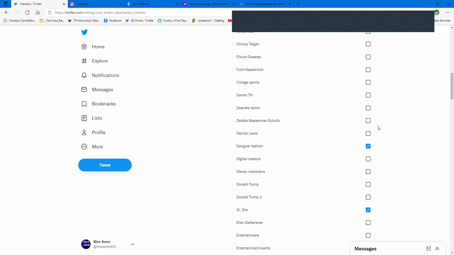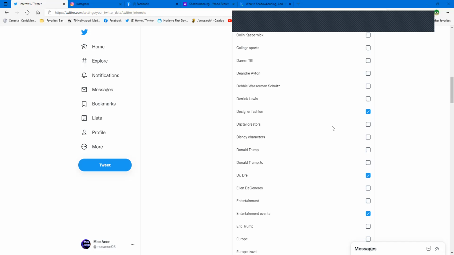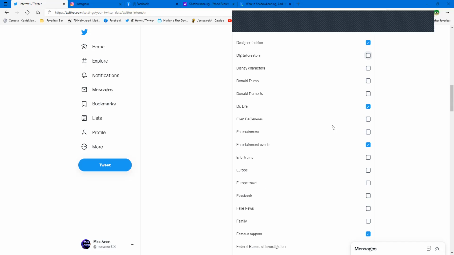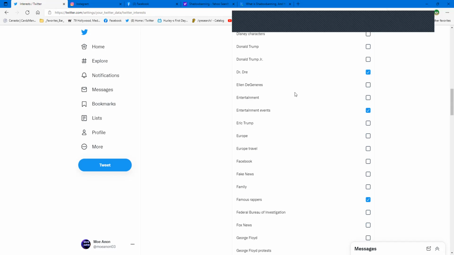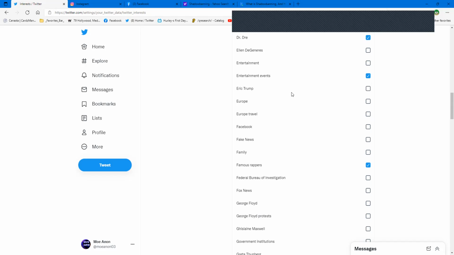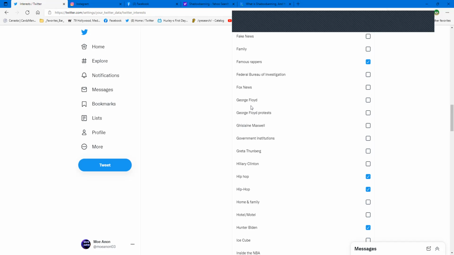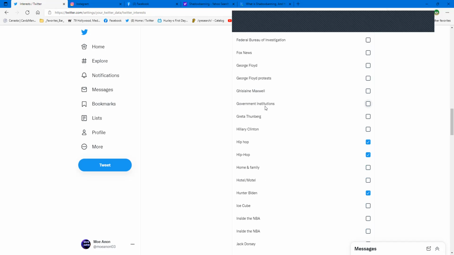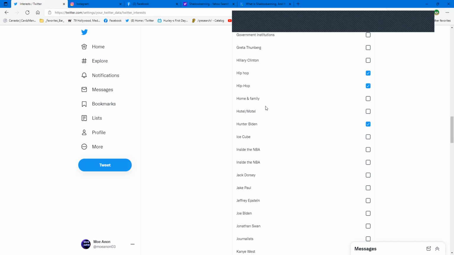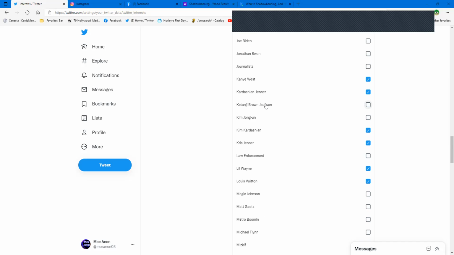Like Debbie Wasserman Schultz, you'll find a check mark there. Like I said, I just went through and unchecked a bunch of things. Donald Trump Jr., Ellen DeGeneres. But it's all used to pigeonhole you. FBI, George Floyd protests, Ghislaine Maxwell, government institutions. So any article you may have clicked on in the past, any tweet you may have sent out,